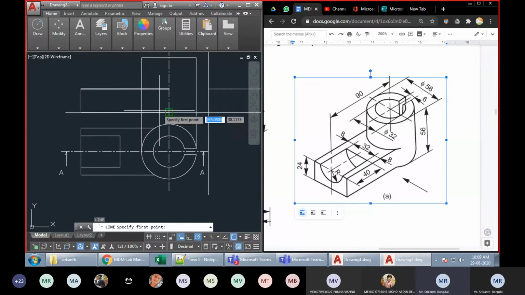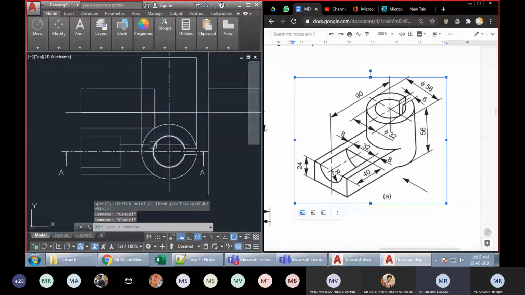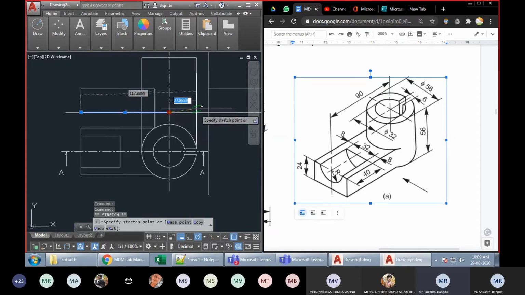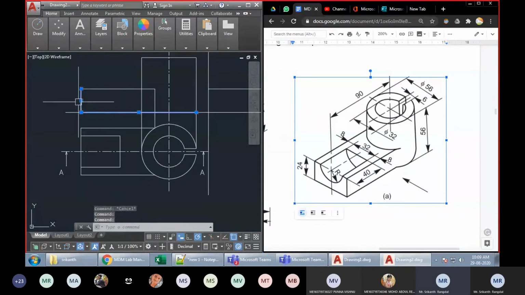So just take a line. I will take a construction line from this intersection point or the end point, and then I'll take a line up to here. Fine. So up to this line, the line should end. I can just drag it, or I can of course use the trim command. So this line is solid, this one is solid, and the bottom line is gone. This line should be completely converted here. All these lines that I'm selecting should be dark because they are the visible edges.